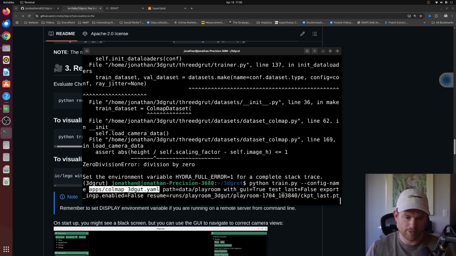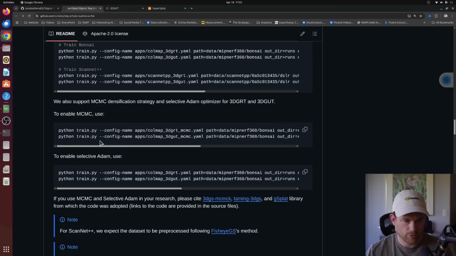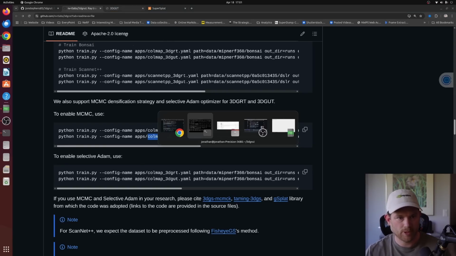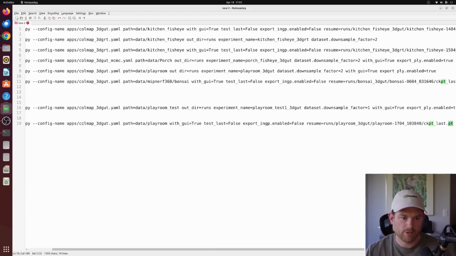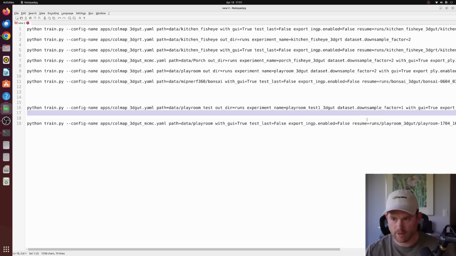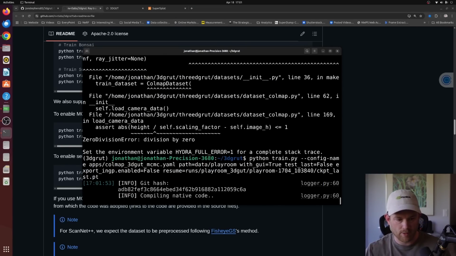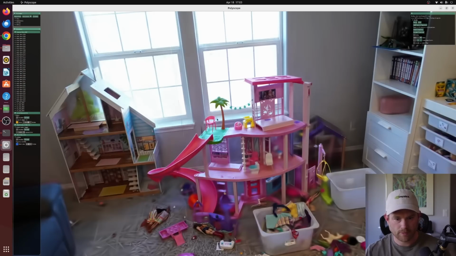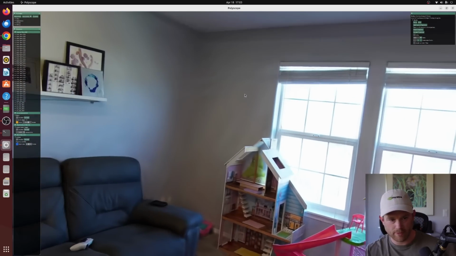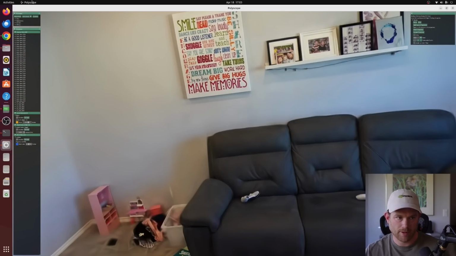I ran into an error because I realized I think I used the MC strategy on this one. So I just got to go here, and the config name I want was this one, the MC. So copy that, go back to my notepad. So you can see I'm not perfect when I do some of these projects. And I'm going to paste it. Now I want this whole line again, like so. I'm going to copy that, go to notepad, paste it, and now it should run. All right. And so now I have that scene loaded up on my screen,